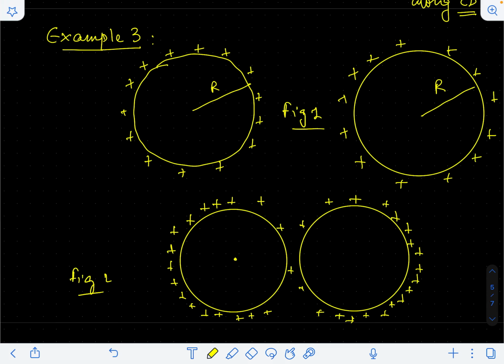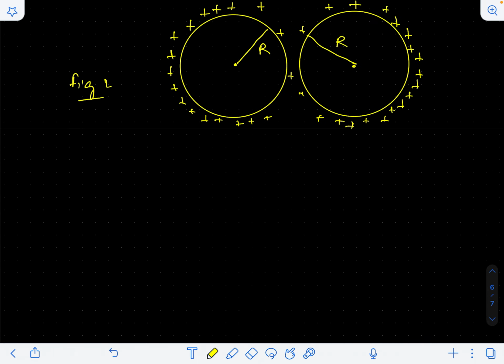So this is the distance, this r, and this is also r. As the charge distribution on the spheres becomes unsymmetrical, we cannot apply Coulomb's law in this situation, because Coulomb's law is applicable only for point charge objects. So I am writing this: